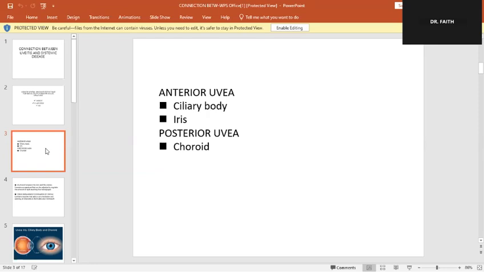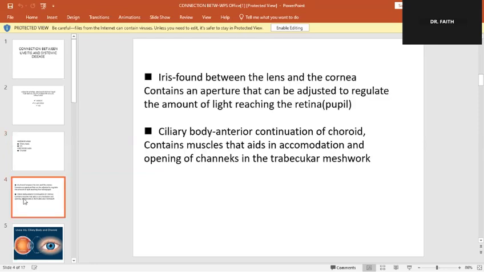I go to the next slide. And so today I want to dwell so much upon anterior uveitis. Then if we'll have time, maybe in the future, we'll see posterior uveitis, because uveitis is a very comprehensive and wide topic that we cannot unleash it completely in this one presentation. And so the iris